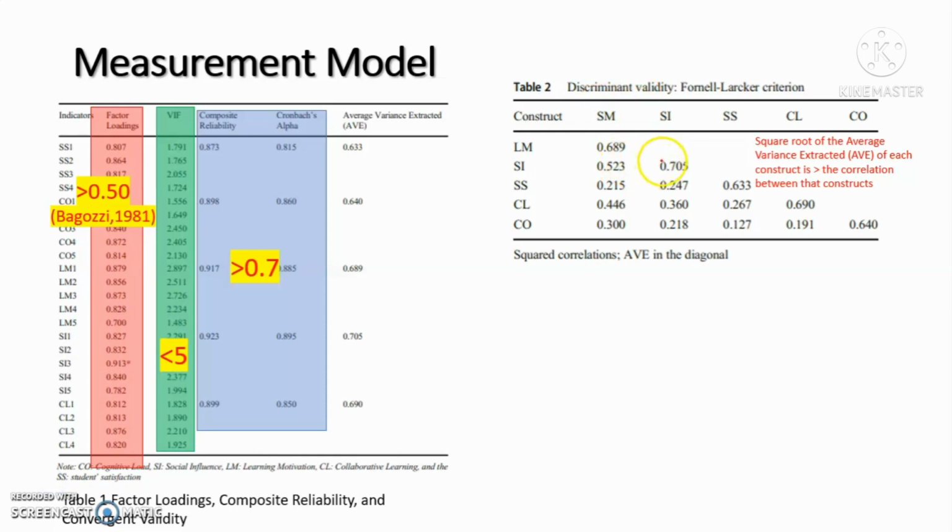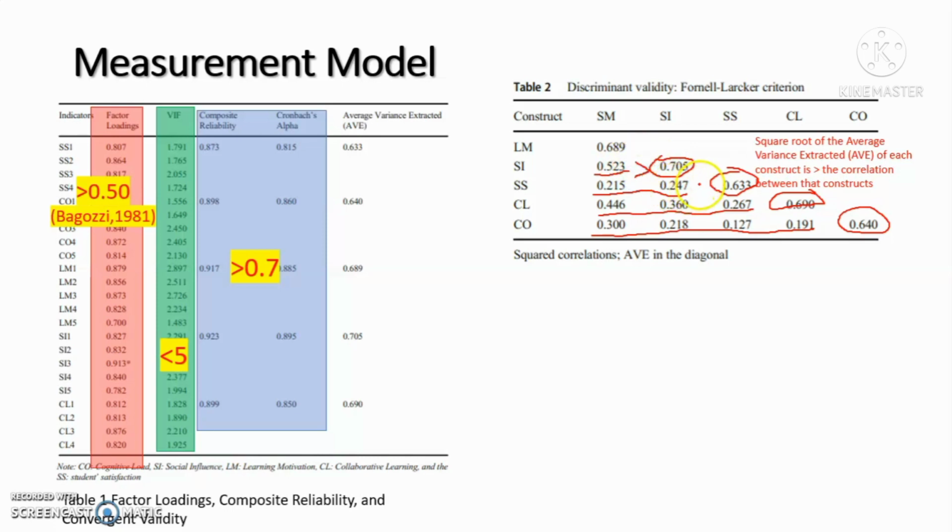Okay, so this is the root square of the average variance extracted, or the value of AVE, and this is the correlation between SM and SI, and these are the correlation values. So if we see this, the square root of average variance extracted is bigger than this one,